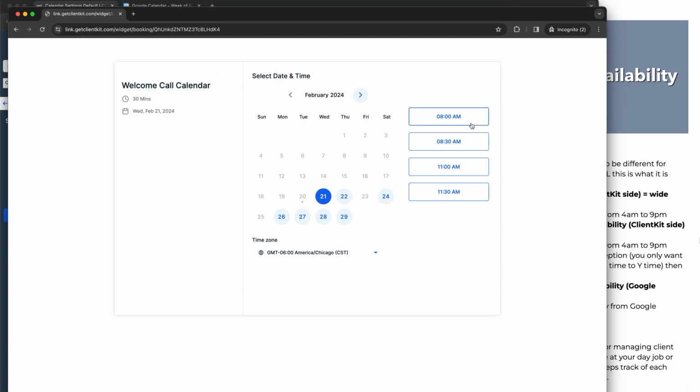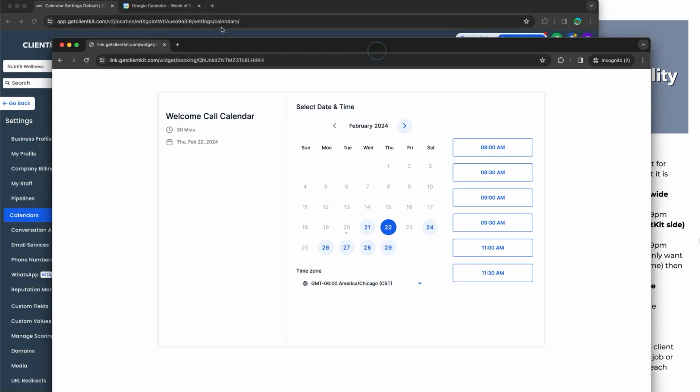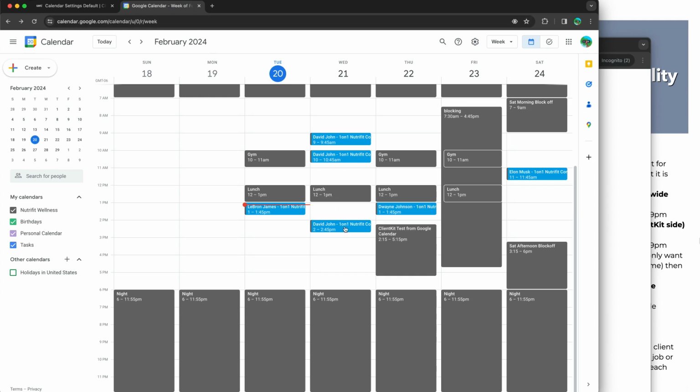The welcome call calendar only allows me to book up until 11:30, because remember, this is in 30-minute increments. That's the setting that we have on there, so it only blocks that off. Now, the other thing that you'll notice, if I look at this and compare it with my